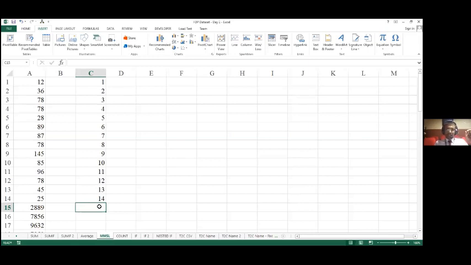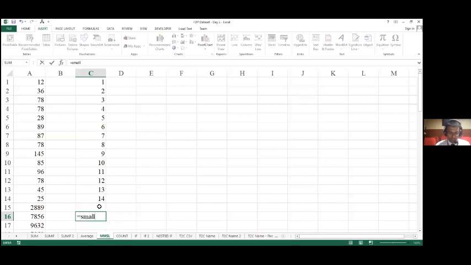But if we want to identify a number at a certain position, then how do we go? For example, I want to find out which is the second largest number in a series. In such cases, I cannot use max or min. I will have to use the formula small.